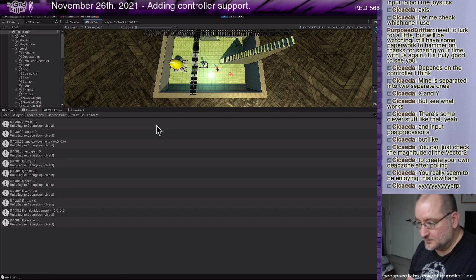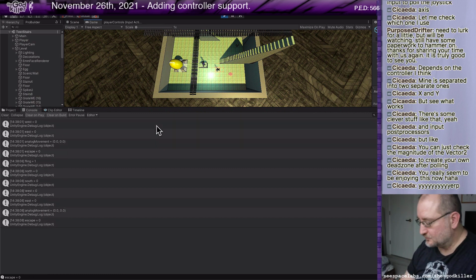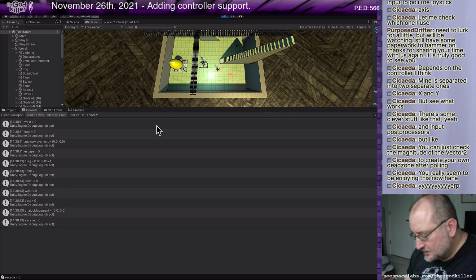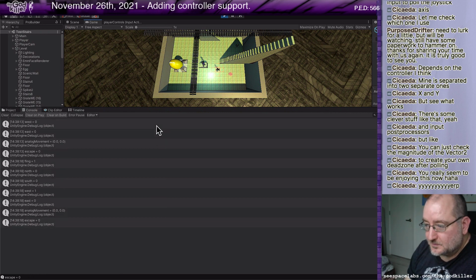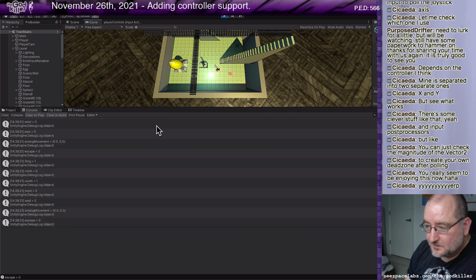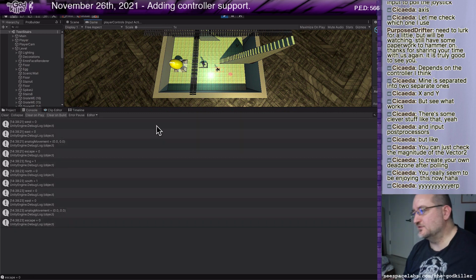Let's see. Shift, yeah, shift works. Trigger works. D-pad. Yep. Okay, it's making sense.